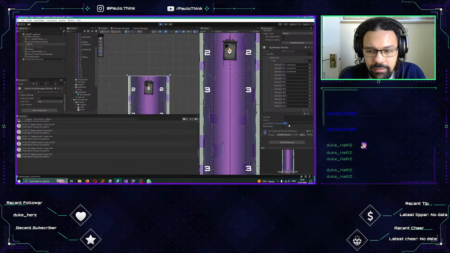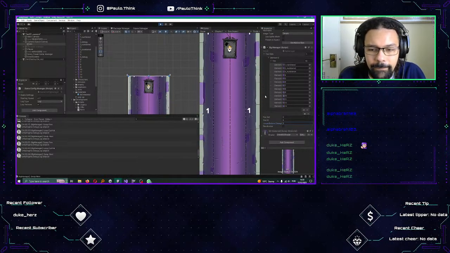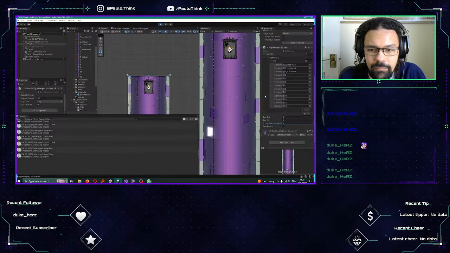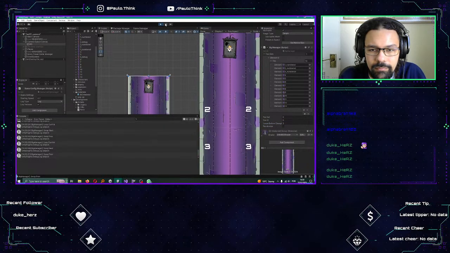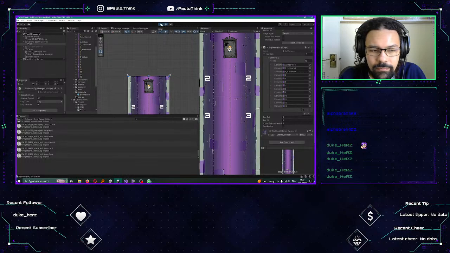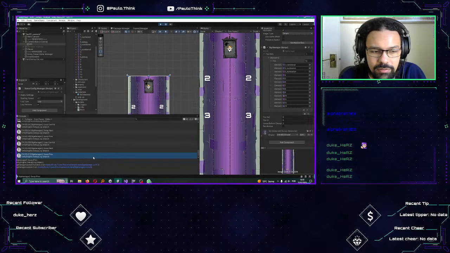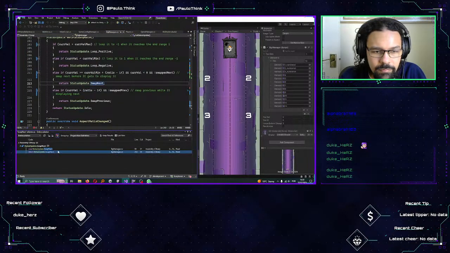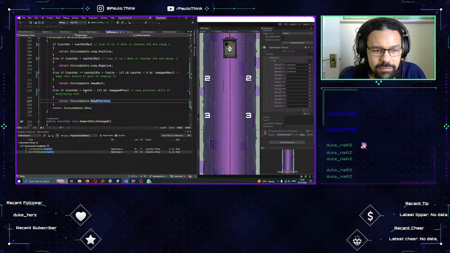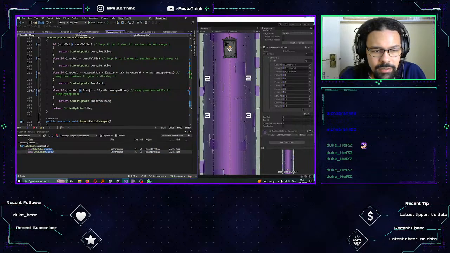Okay, let's see if we put 3. Previous. So previous, so if the current val is greater than ratio -1f, current val is